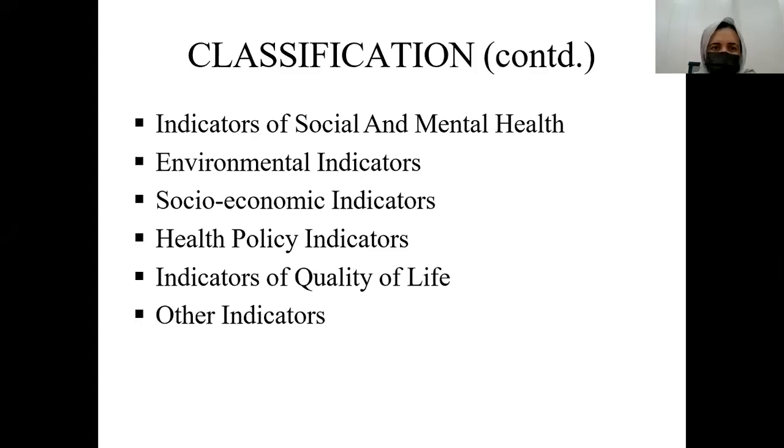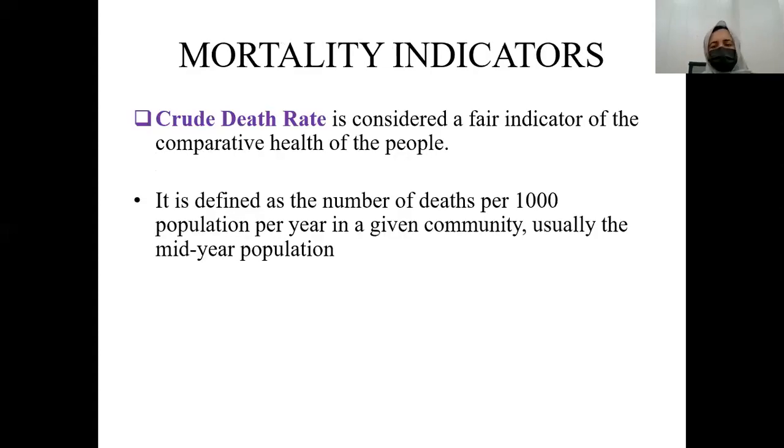Then social, mental health, environmental, and you can infer this very well from these slides that all these classes of indicators are in relation with the dimensions of health. We explore that in health we have physical, mental, social, environmental dimensions, and these indicators are in accordance with those dimensions of health. Okay. Now quickly, first of all, we have the mortality indicators,